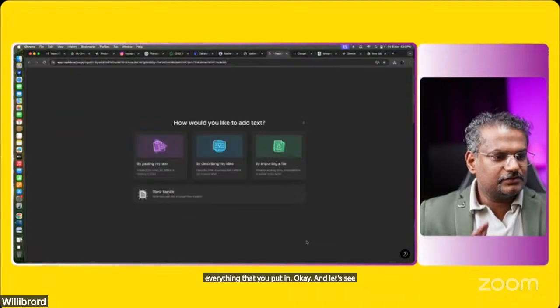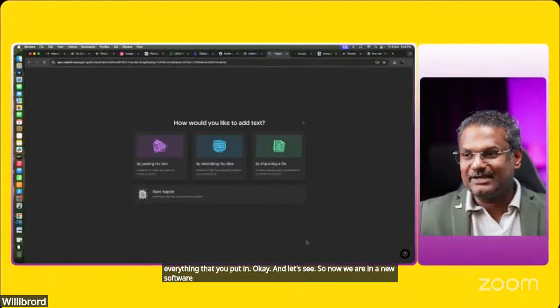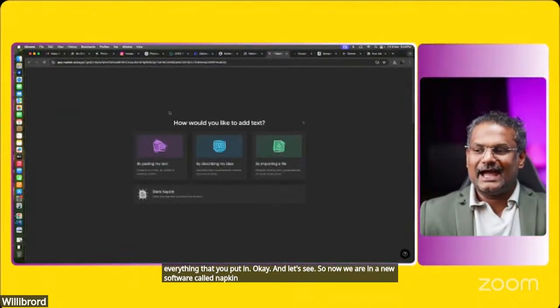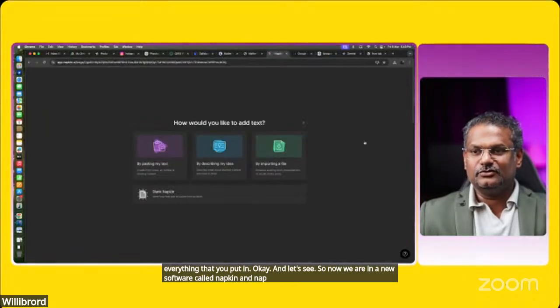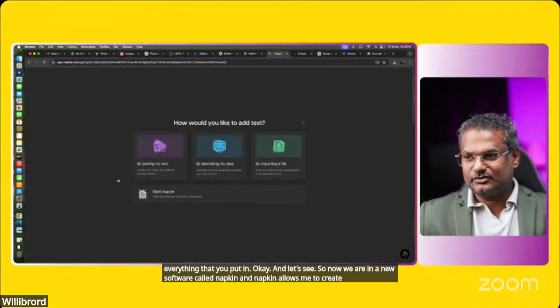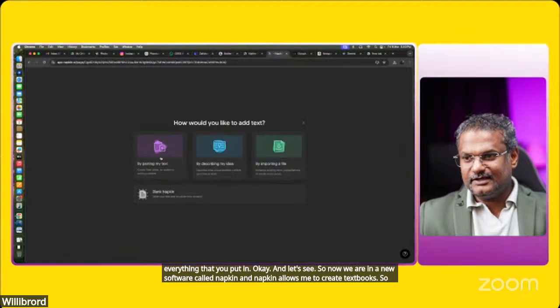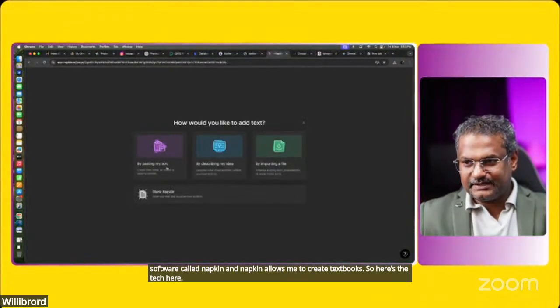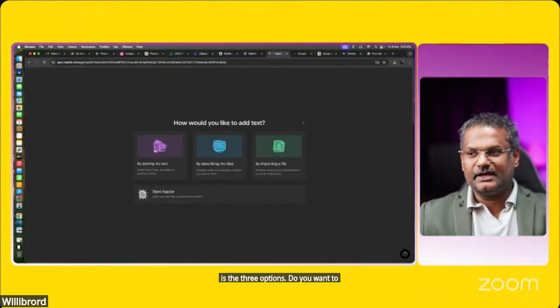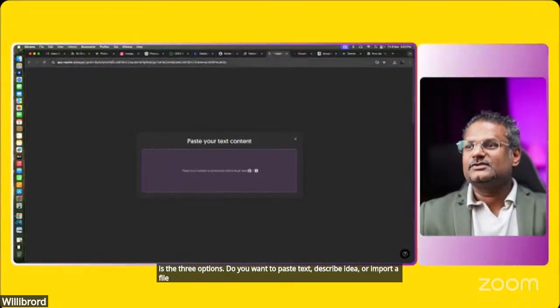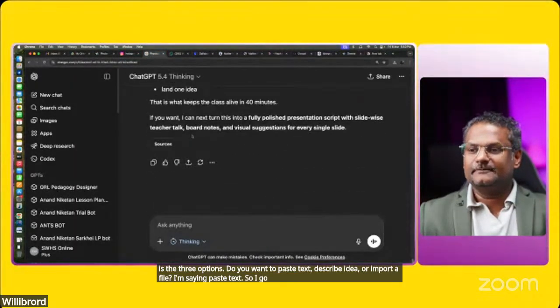So now we are in a new software called Napkin. And Napkin allows me to create textbooks. So here are the three options. Do you want to paste text, describe idea, or import a file? I'm saying paste text. So I go back to my ChatGPT and say,